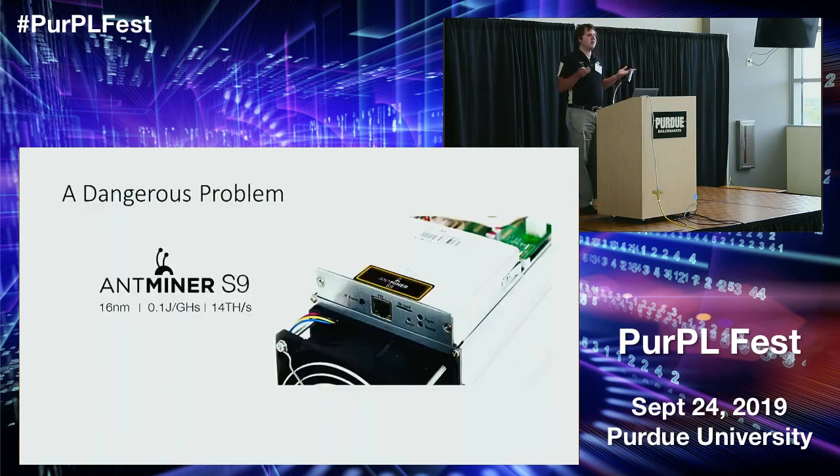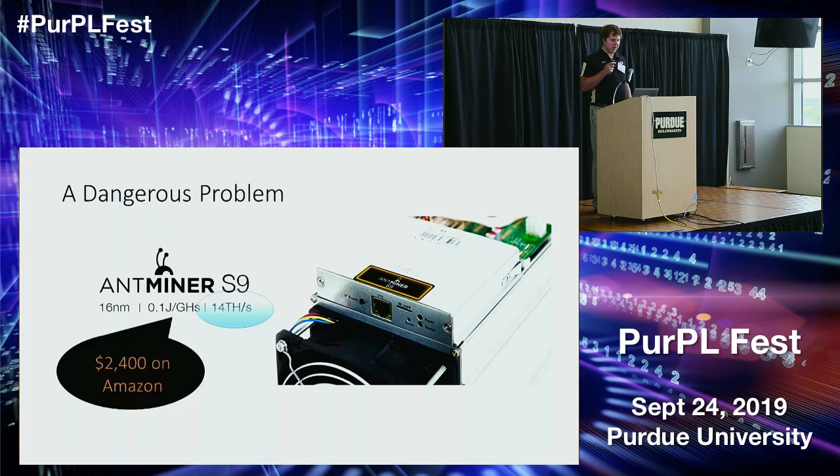This is also a very dangerous problem. One reason is that the hardware available to password crackers continues to improve. The hardware that a password cracker needs is very similar to the hardware that a Bitcoin miner needs. So here's a machine, the Antminer S9. It will compute the SHA-256 hash function 14 trillion times per second. That's what the TH per second means. And this machine is not even that expensive, right? If you've got a couple thousand dollars, you could go on Amazon right now and buy one.